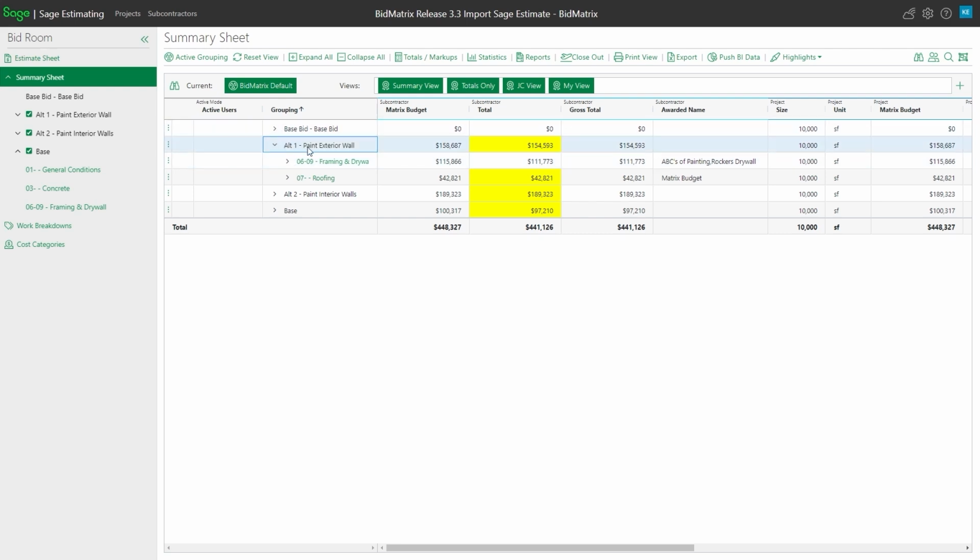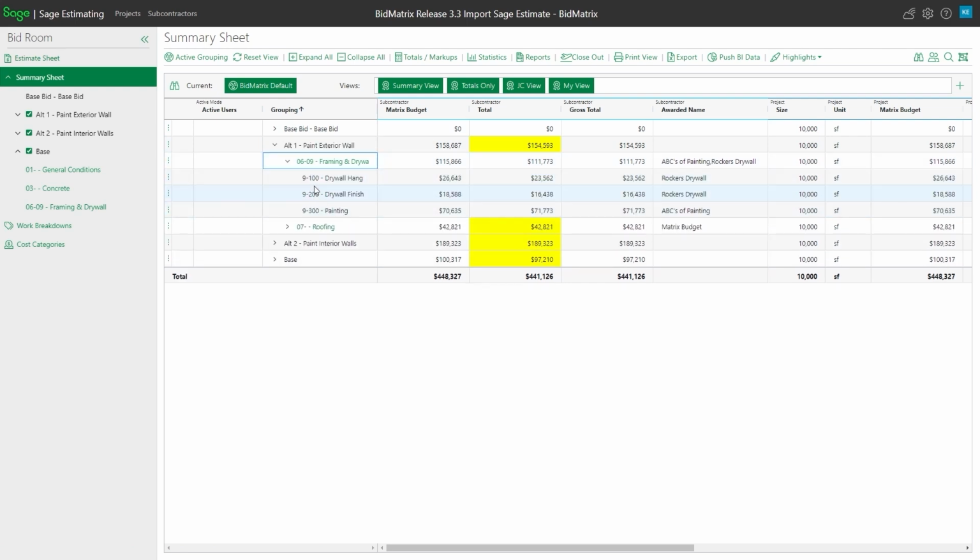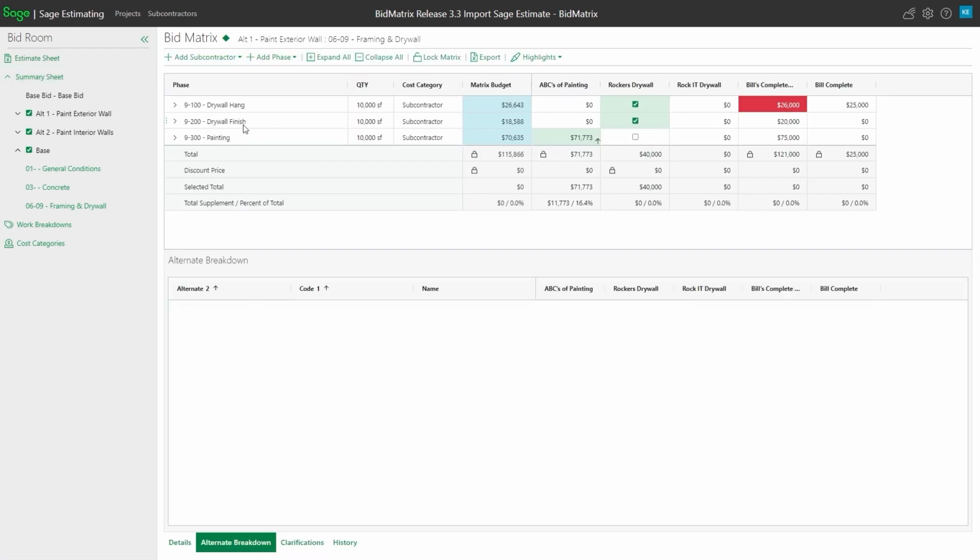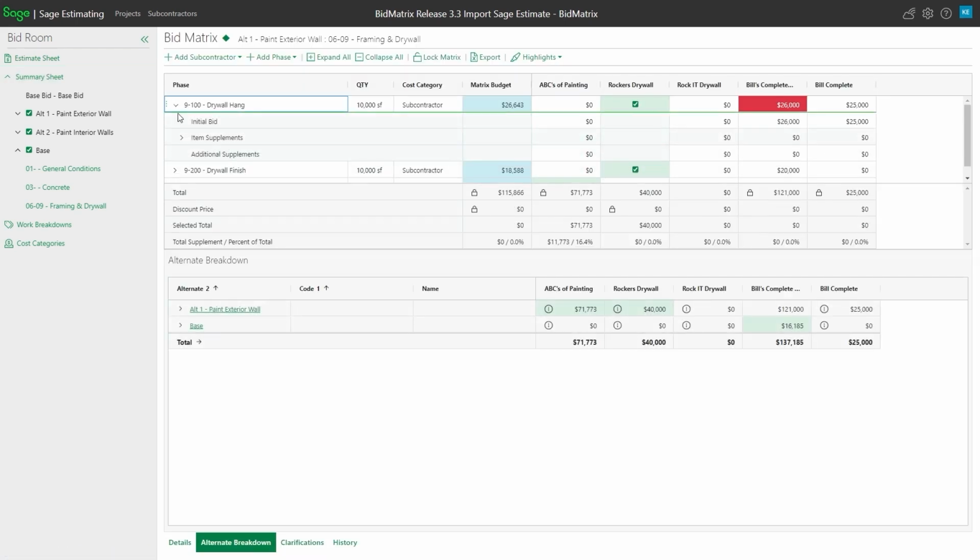The third level is basically your phases that make up your bid metrics. So these are my phases. So alternate, bid metrics, phase. If I were to open up a metrics, keep in mind that each one of the phases can also have items associated under that phase. So those are all things that can be brought in when I'm importing, and those are key because when we